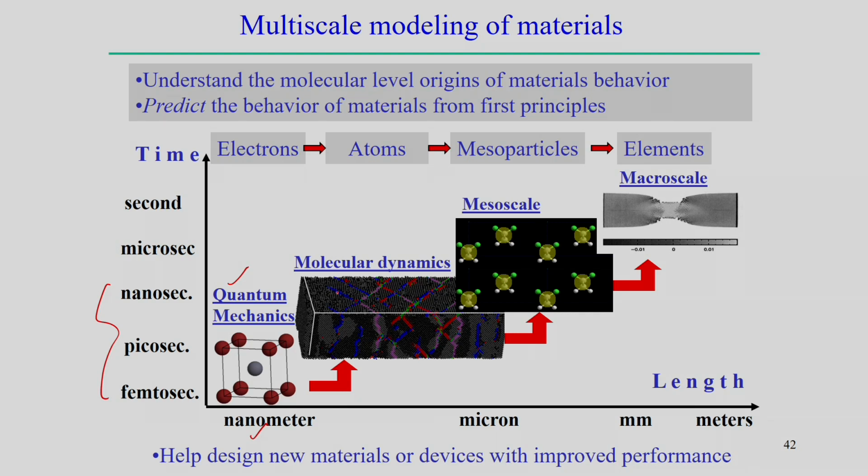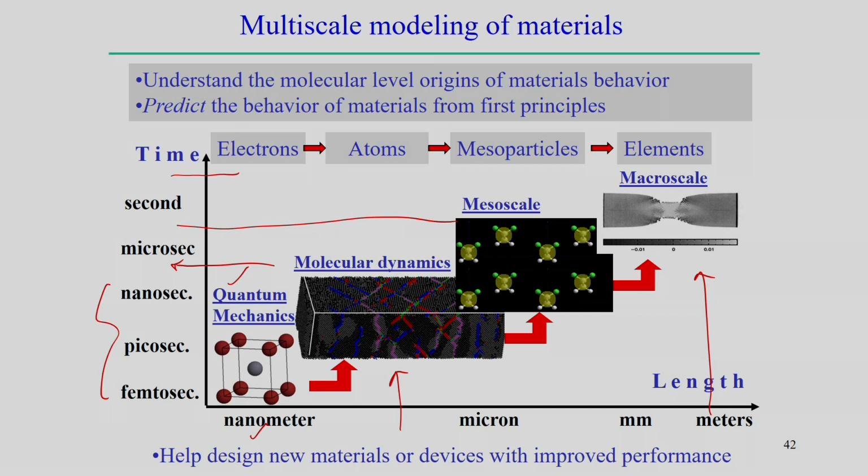When you go for molecular dynamics, it can reach the nanometer and micrometer range, and the time scale is increasing here. Then molecular dynamics can be linked with the mesoscale model development, or we can say the grain scale model development, and the time scale is also increasing here. And finally from the mesoscale we can reach the macro scale model. This macro scale model has a higher time scale and length scale, in the range of millimeter to meter.